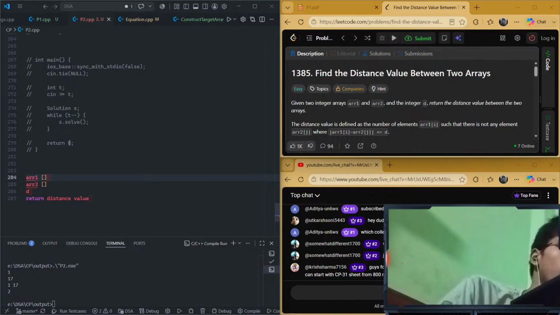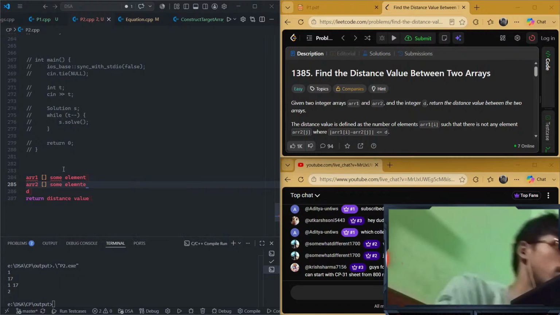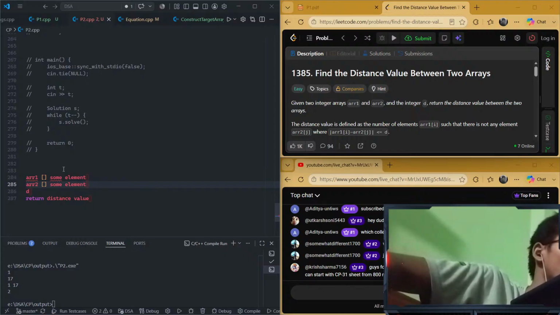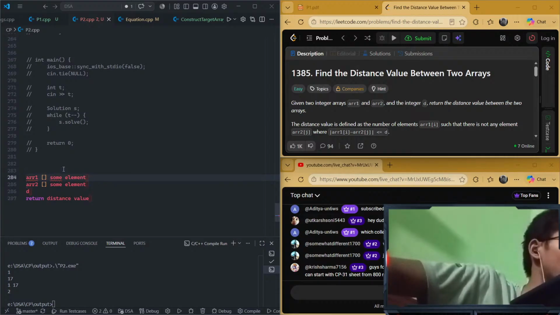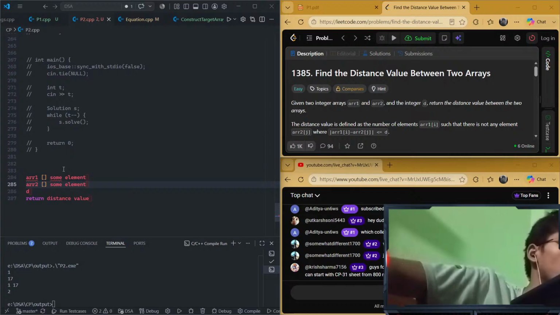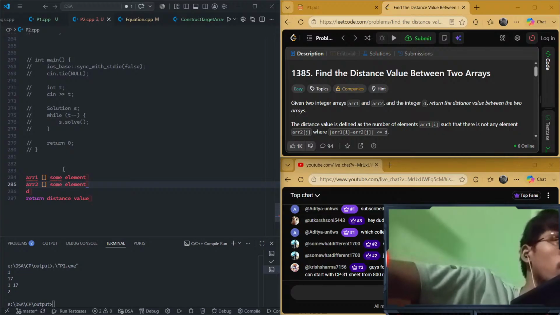So array 1 has some elements and array 2 has some elements. If I pick any element from array 1, then I have to check in array 2 that if array 2 has an element, then the difference between the two elements is less than or equal to d. So basically what I have to do is like,